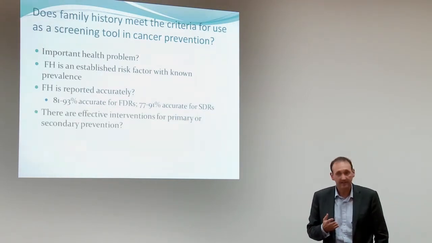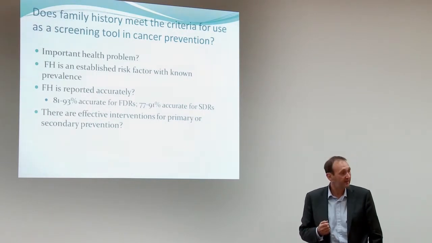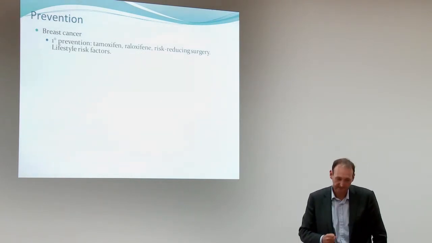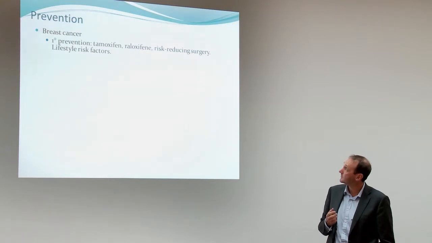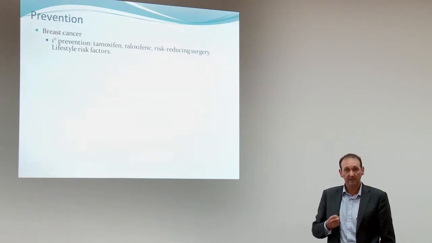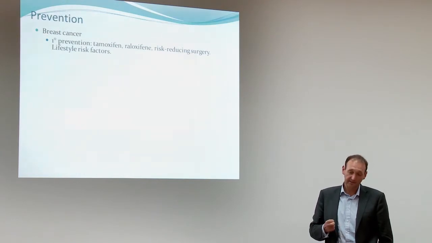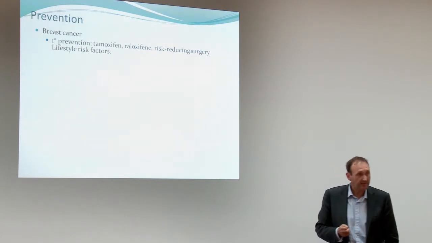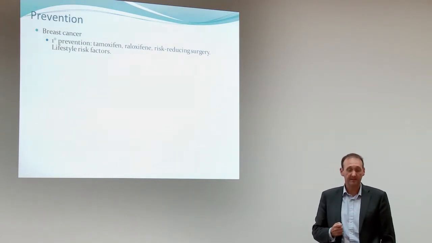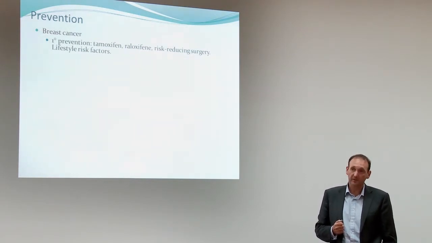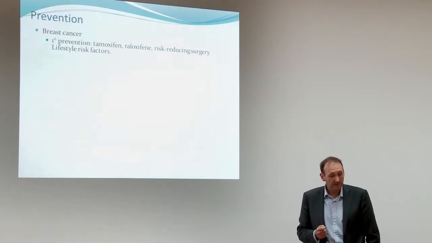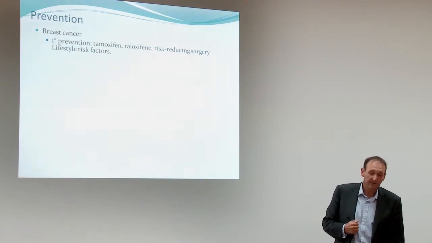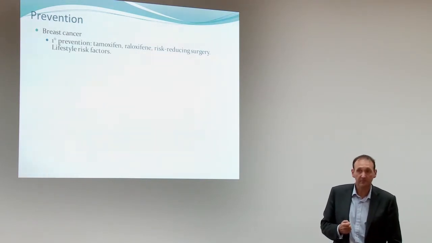And then, of course, we need to actually have some interventions to offer people once we've identified that they're at increased risk. So, if we look at, first of all, breast cancer and primary prevention, there are a number of strategies. There's growing evidence now for the role of certain drugs in preventing breast cancer in both moderately and high-risk groups. And tamoxifen and raloxifene are now recommended by the NBOCC as an option for women who are at moderate or high risk of breast cancer. People who are BRCA mutation carriers often also have the option of risk-reducing surgery. Both mastectomy and oophorectomy will be discussed.